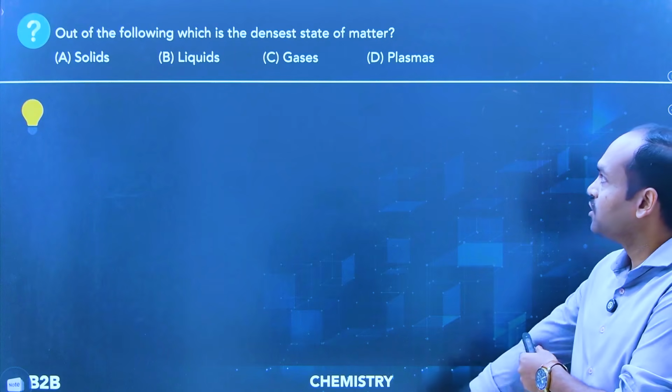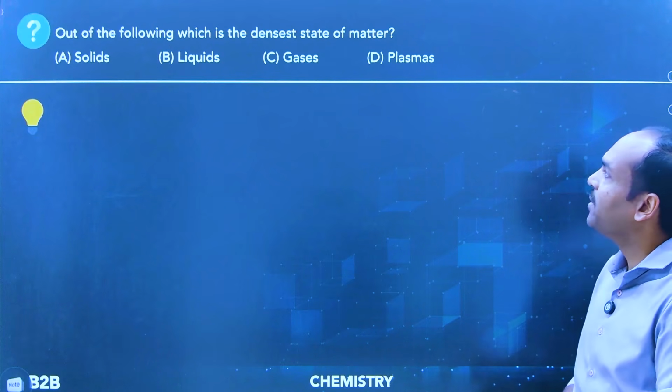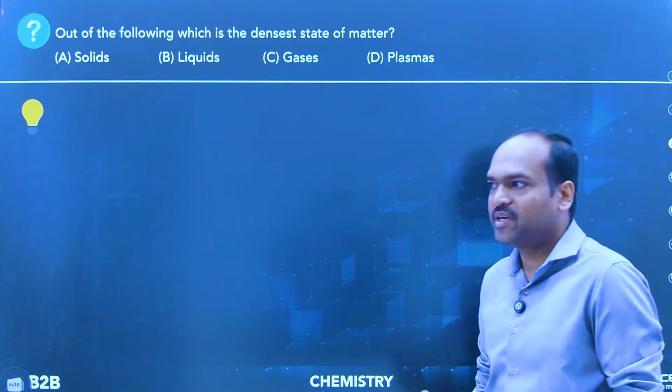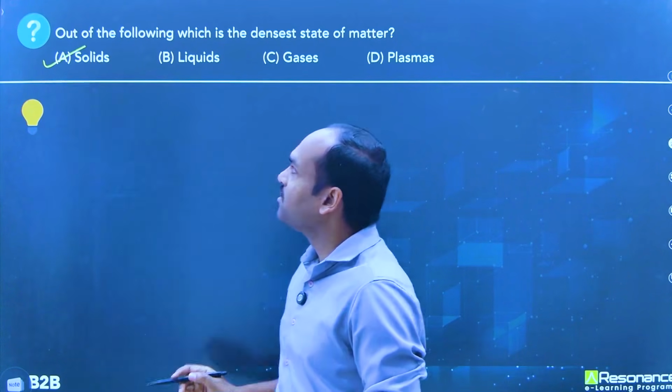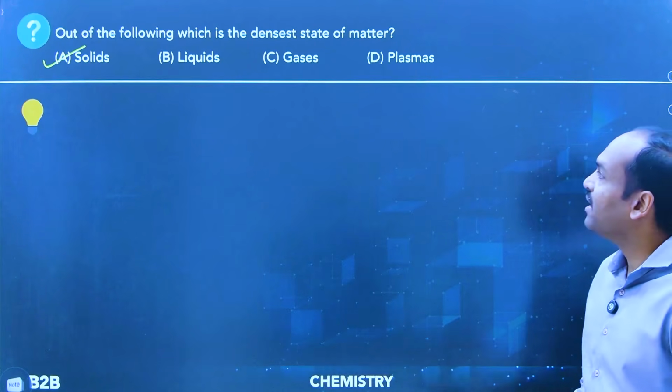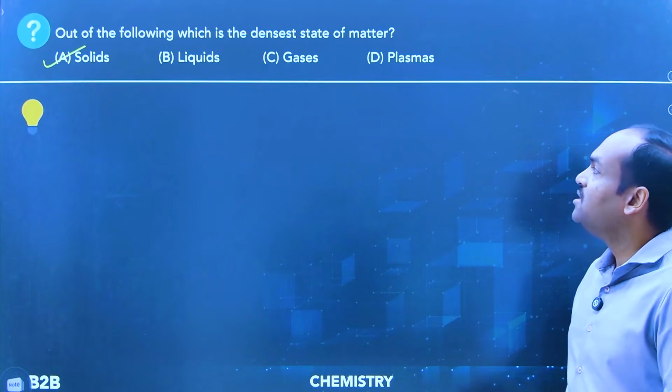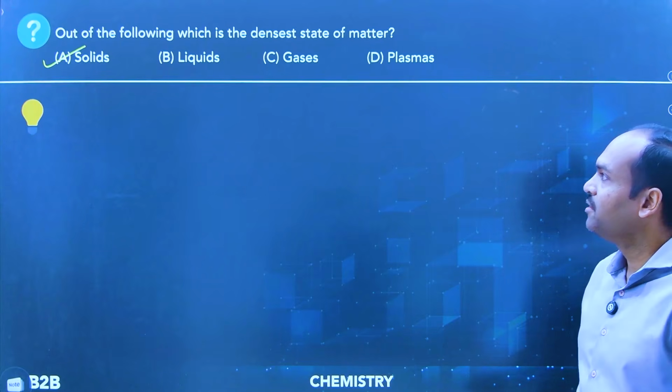Out of the following, which is the densest state of matter? Highest density is when there is very close packing of the atoms. So solid, liquid, gas, and plasma. The densest state of matter is solid. Okay. Next,